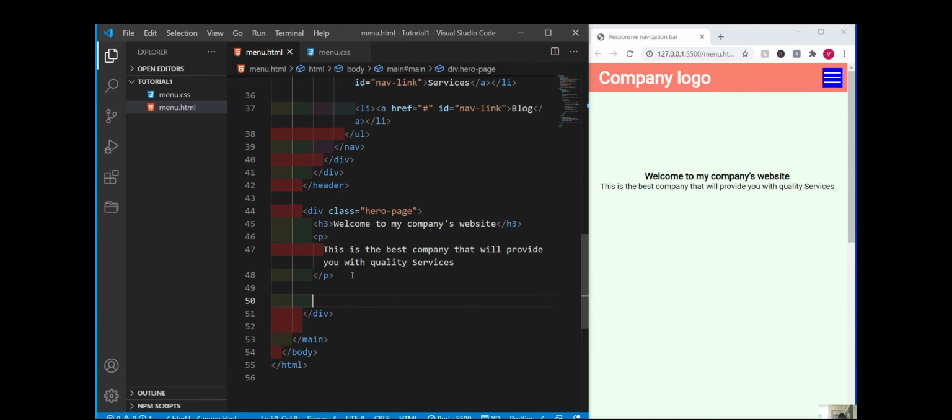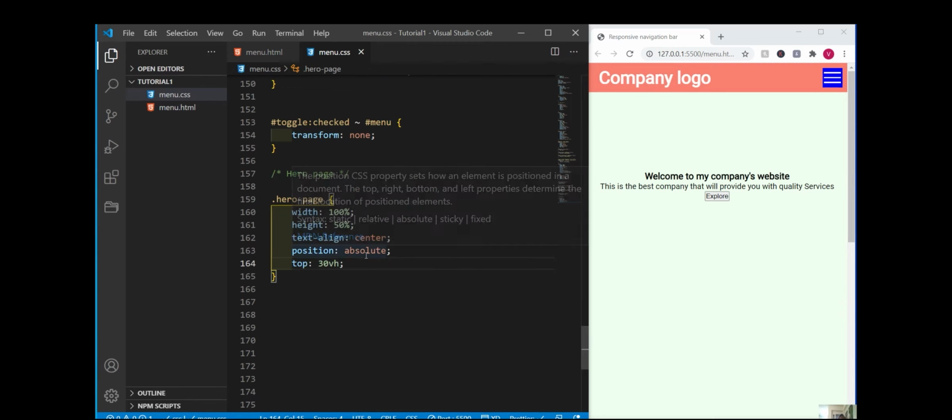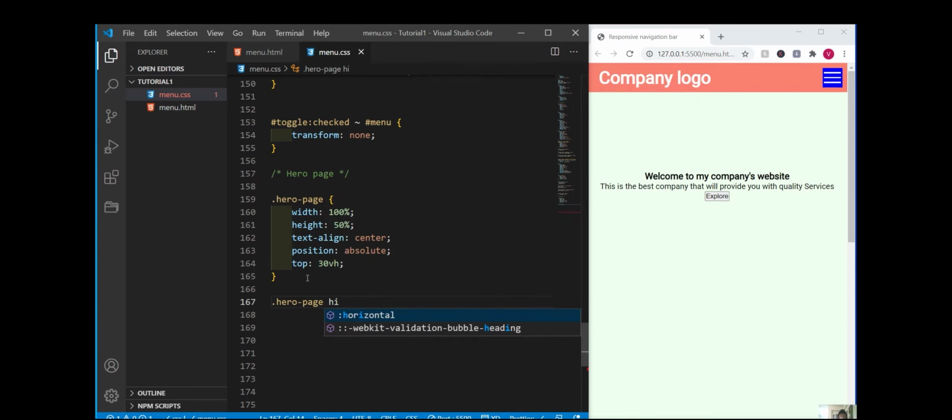I put the button inside the hero page, and yeah, it's cool. Button, explore. That is like, in a web page, a call to action, just call to action. Okay, I have to target our hero page again. The H1 of our hero page with the paragraph,